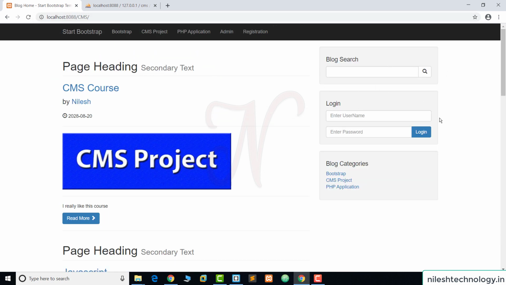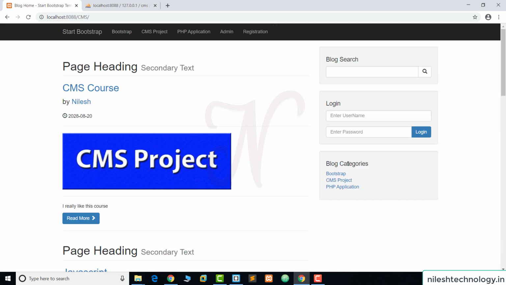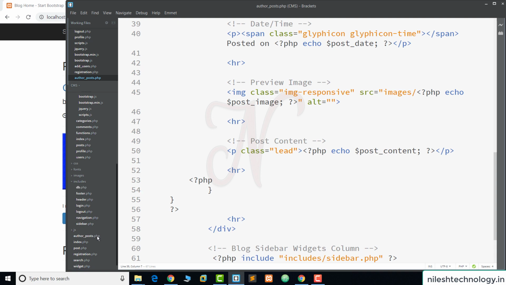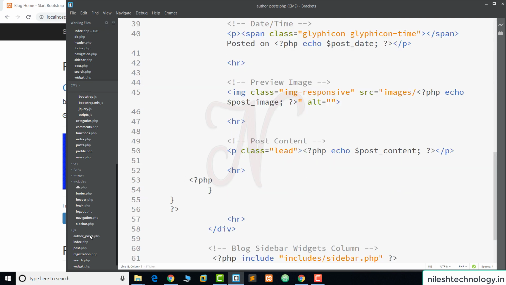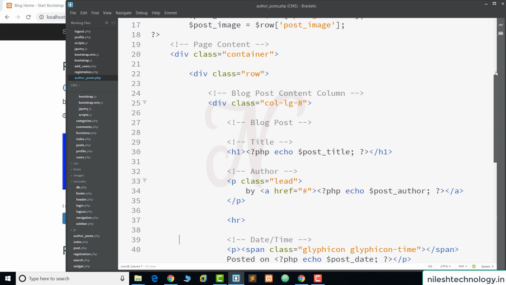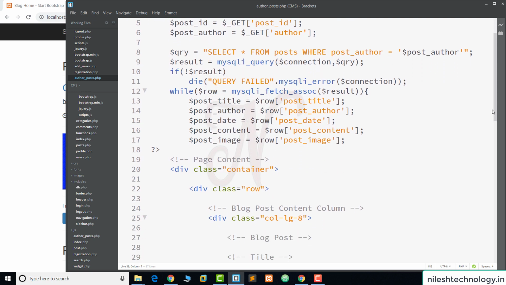Here in the index.php file, this block search window is at the top of the page. So we compare these two codes again. In the index.php file, the PHP script starts after this third div tag. But in this author post, my PHP script starts at the top of the page. So we shift all three tags to the top of the page.